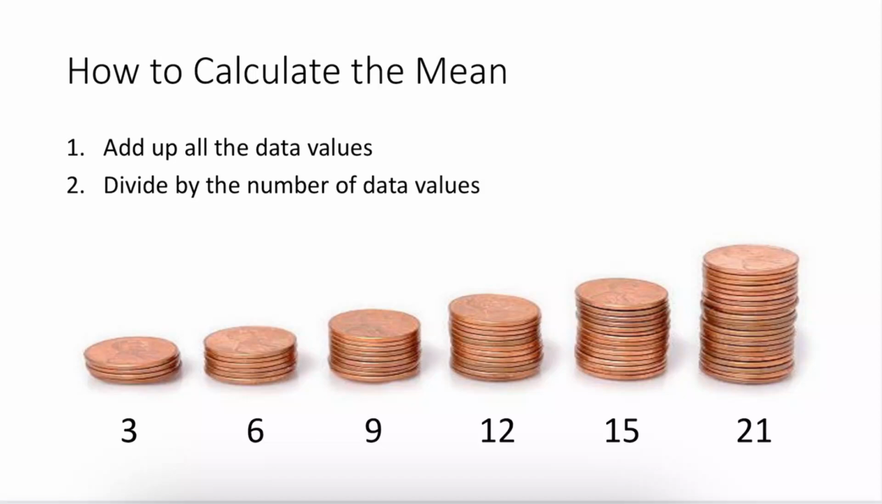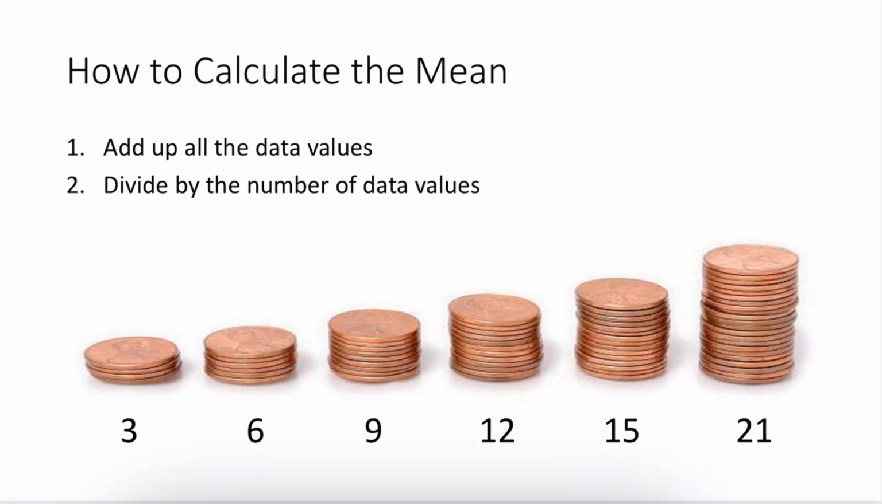Okay, so the way that you calculate the mean is you basically take all of the data values that you are given in your data set and you add them all up, and then you divide by the number of data values. So for example, in this picture, if we have 6 different stacks of coins and we have 3 pennies, 6 pennies, 9, 12, 15, and 21 pennies in each of these stacks,